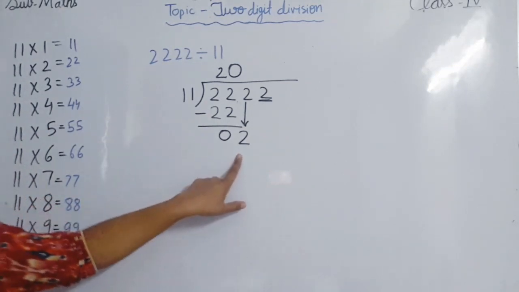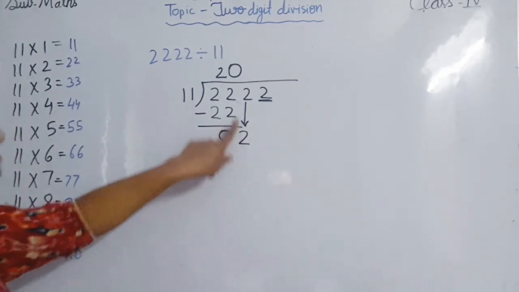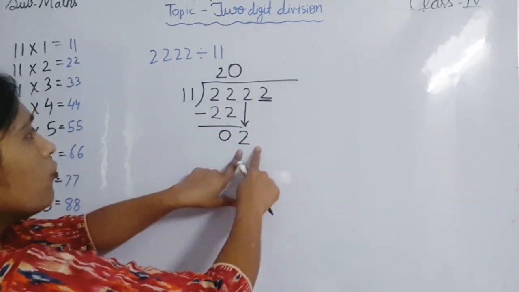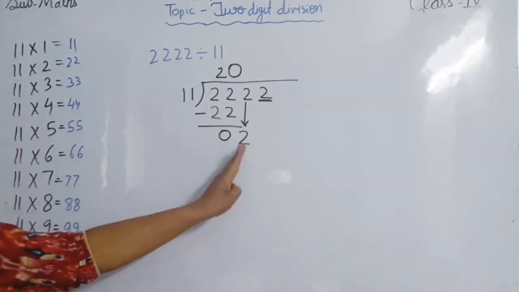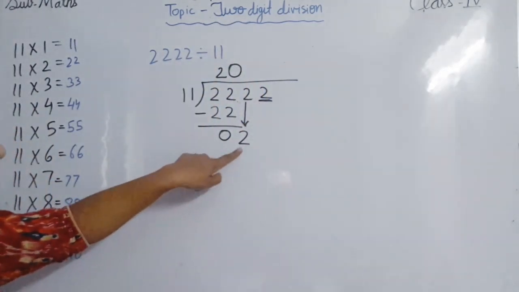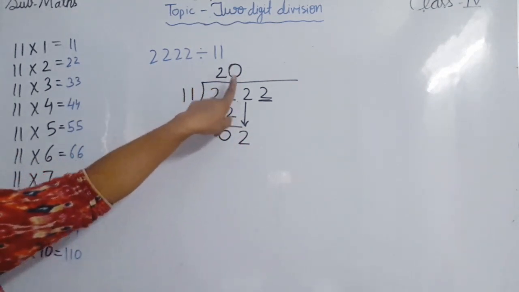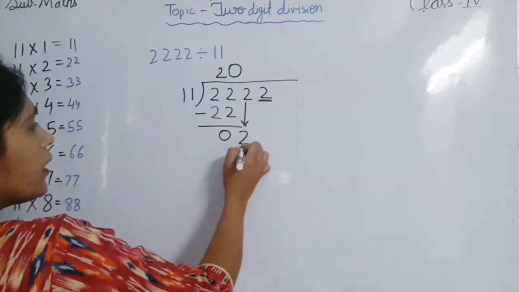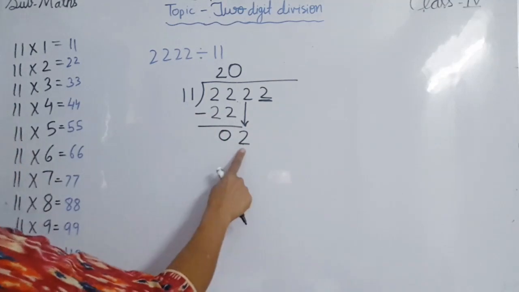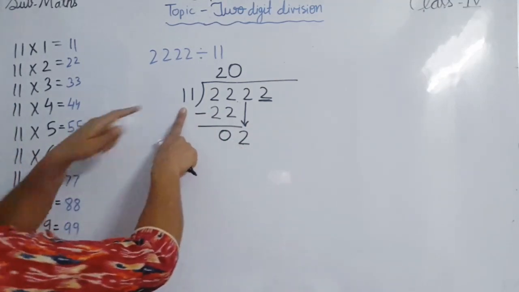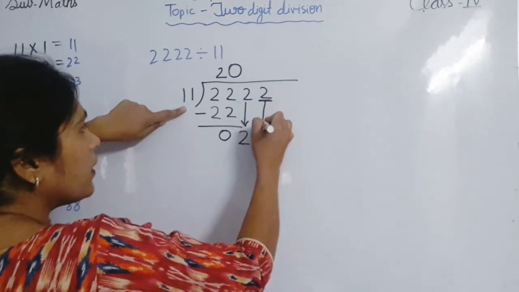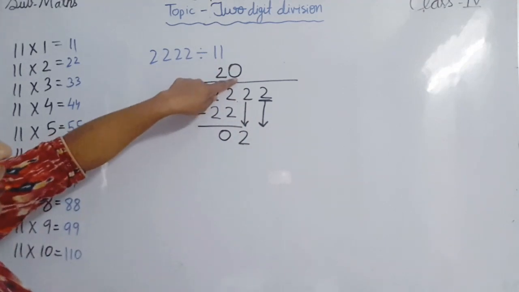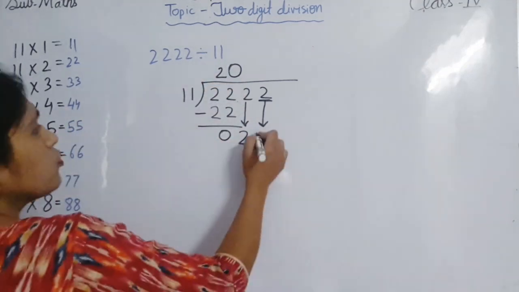One nice trick to learn it: if you have not divided this number and you take the next number also, you have to pay a penalty for it. Penalty means you have to fill in 0. In this way you can remember it. I took 2 here, but we cannot divide 2 by 11, so this time we'll take the next number also. But before taking the next number, we have to write 0 here. Now I can write 2 here.